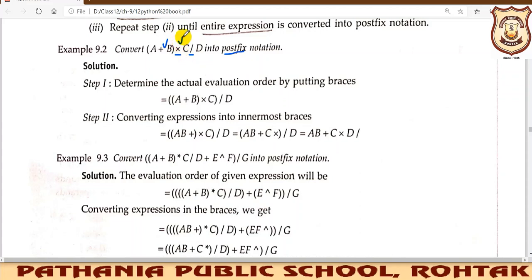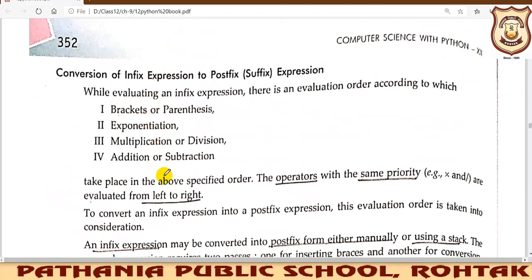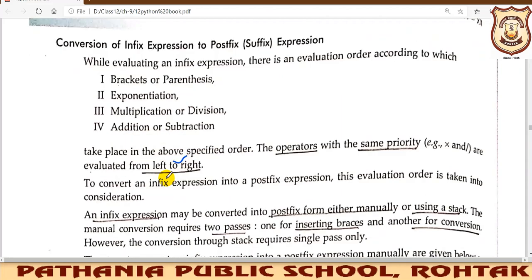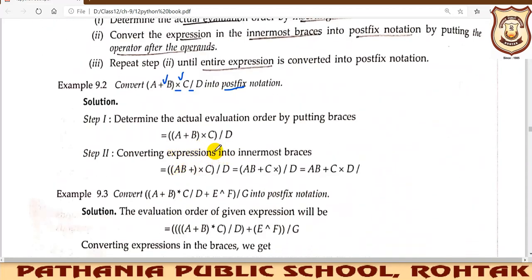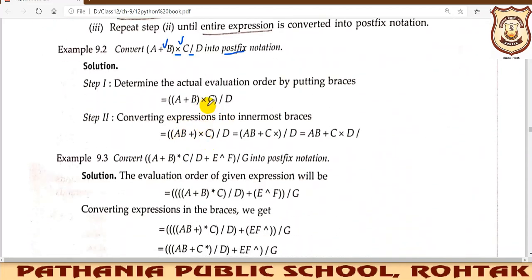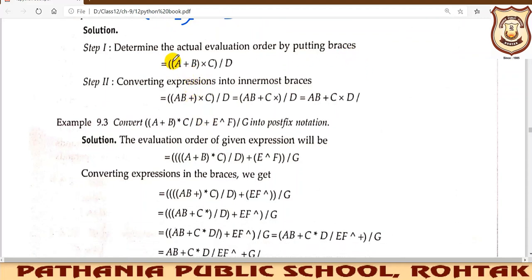Obviously the multiplication. Why? Because of the left to right rule we have just discussed. While solving the arithmetic expression, whatever you encounter first from left to right is to be given the most importance. Here, moving from left to right, you get multiplication first, so you will solve for multiplication. So you will put a bracket here, and after this inner bracket you will solve this bracket. Once this bracket is solved, then you will go for this division. So now we are putting these brackets.